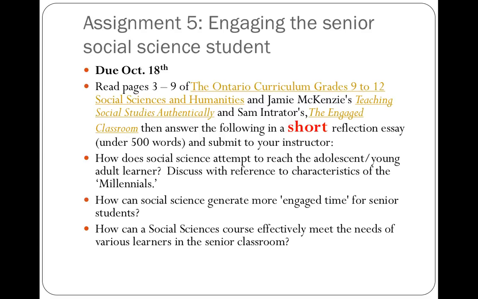Then the assignment. It is due on October 18th. There's a little bit of a reading to do, but again, I'm looking for it to be short. It should be under 500 words. It's not meant to be a full page. The shorter the better. And it's getting you to really think, like after you've looked at the curriculum document and the names of all the different course codes that are in there, how does social science courses really reach out to today's millennials that are in there, and topics and things that are of interest to them.